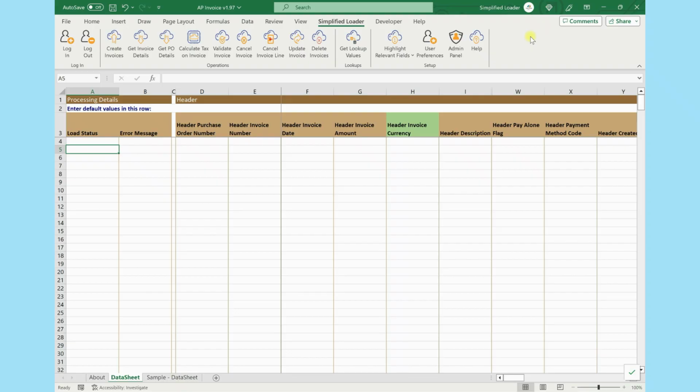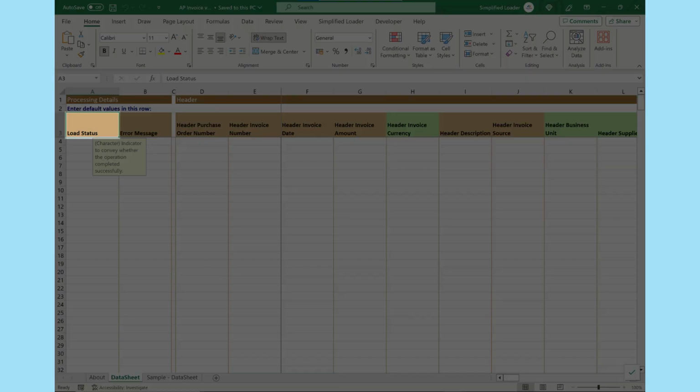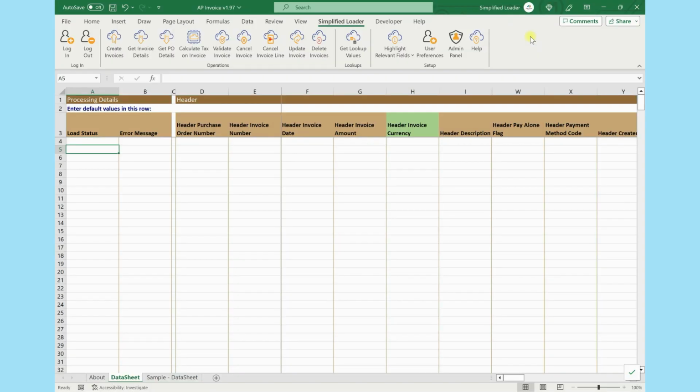Click on the column headings in row number 3 to view the data type associated with a field. Clicking the column heading displays the cell tip containing the field data type and the field description. For the demo, I have put my cursor on cell E3.